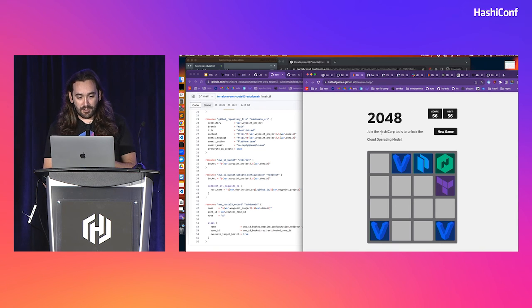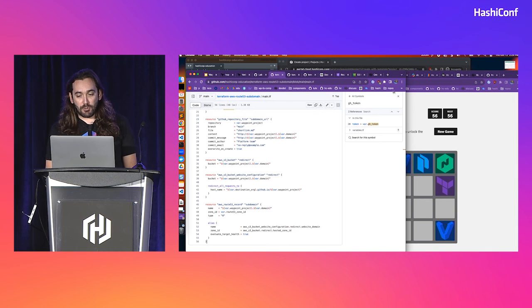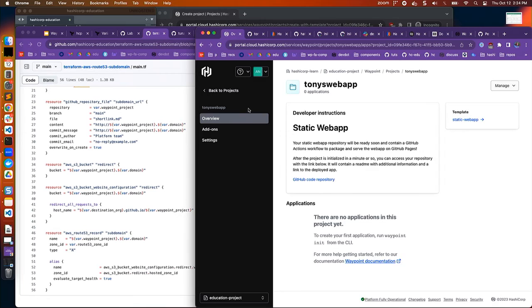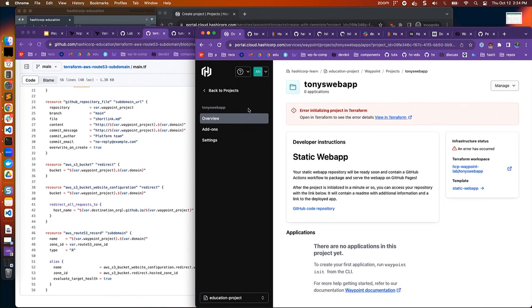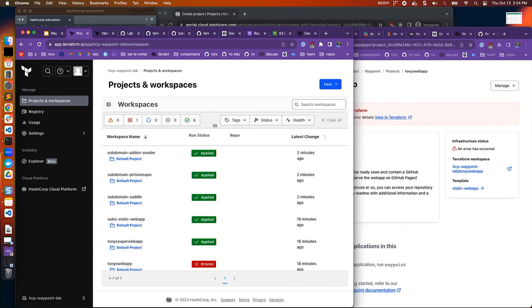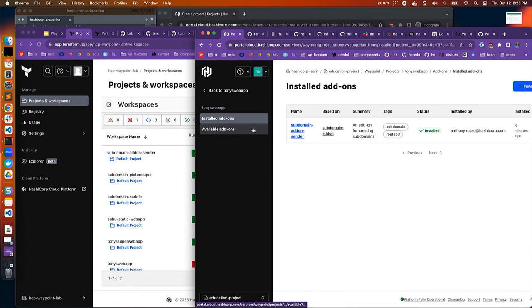One thing I'll mention at the end of this as a part of our conclusion is we want to clean up all of these things that we've created. So HCP Waypoint actually allows us to do that from HCP Waypoint instead of going to TFC. So if I were to say the developer, I want to uninstall my add-on, I want to destroy the resources, I'm going to show you our workspaces here. So these are all the workspaces that have been created as part of either our template project creation or our add-on creation. So if I were to come to the add-ons in the developer's project here,